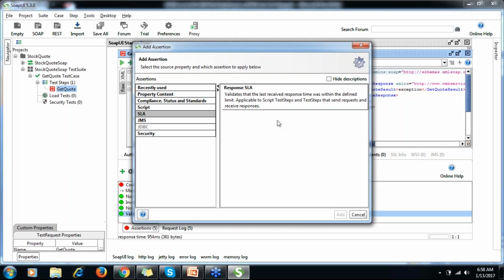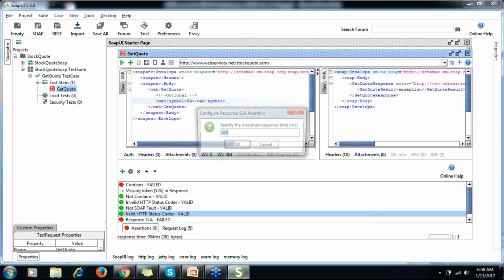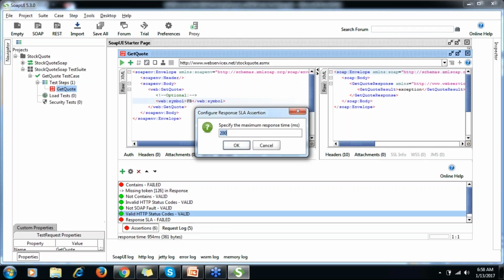If it is giving me a response in 1000 milliseconds, then something needs tuning so that I can get it in 400 milliseconds. This is a very important part, and you have to verify this response time. Suppose I put 500 milliseconds.